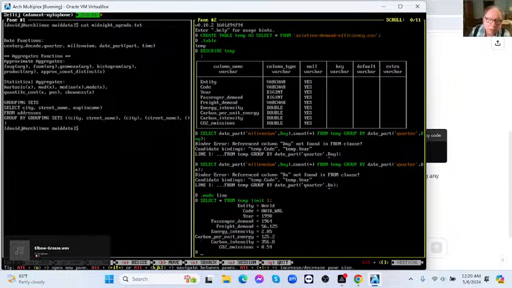So now we got a picture of what's going on here, okay? Now I'm not sure what passenger demand means, but freight demand, CO2 emissions, carbon intensity, carbon per unit energy. So we got some interesting statistics here. Let's start up here then. Let's start with